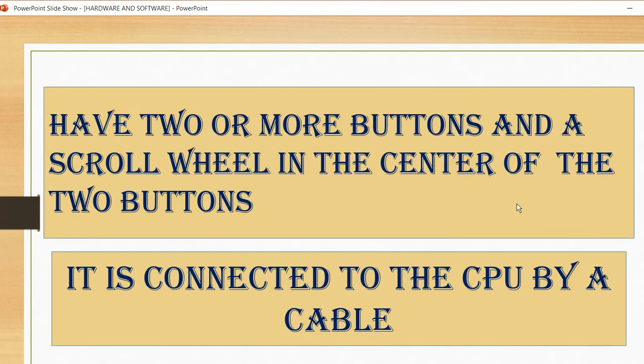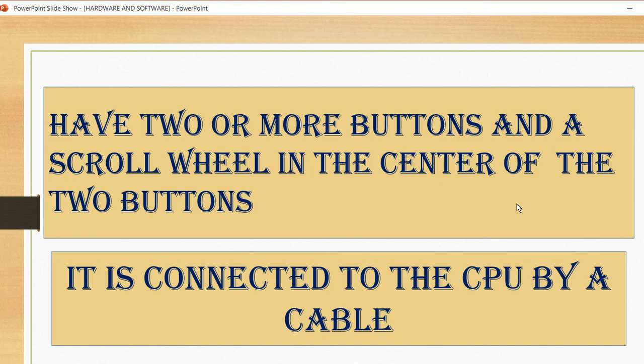The mouse also has a scroll wheel, and with the help of the scroll wheel, we can go up and down in the document. So, a mouse may have two or more buttons and a scroll wheel.